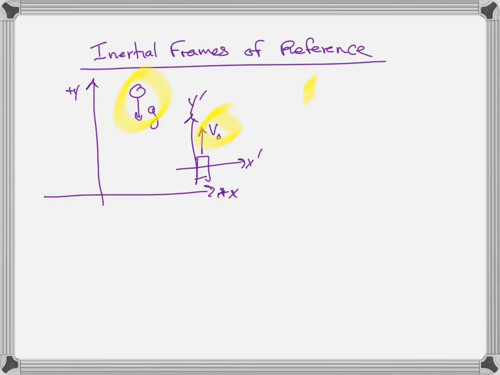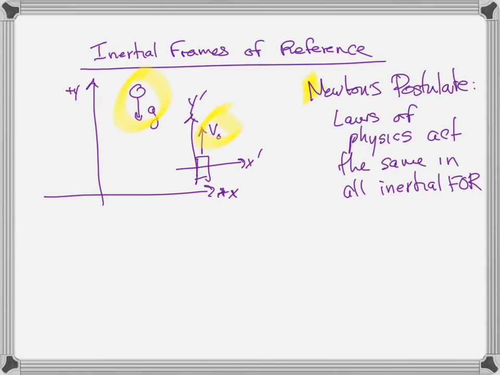And Newton postulated, I mean, it's kind of hard to do science if you say the laws of physics are going to be different for everyone. Right? So if you're in an inertial frame of reference in Lynchburg, Virginia, in the lab, and you're in an inertial frame of reference in London, England, we better have the same physical laws so we can make the same measurements. I mean, maybe we don't, but we do. We've figured that one out, right? That the laws of physics act the same in all inertial frames of reference.